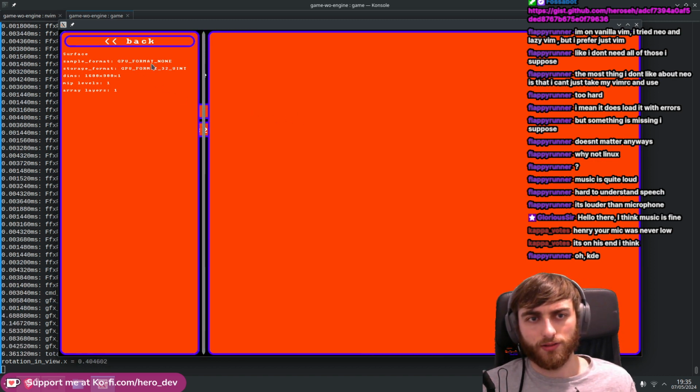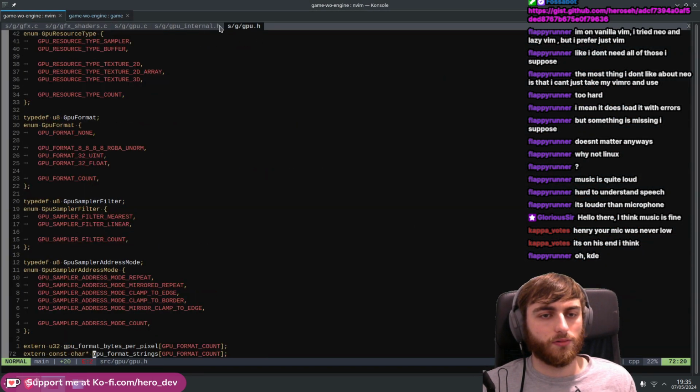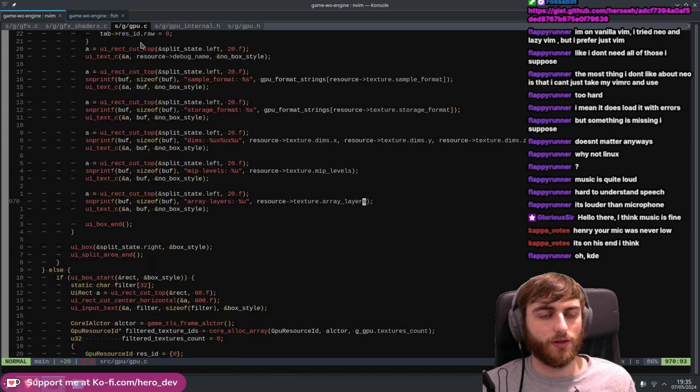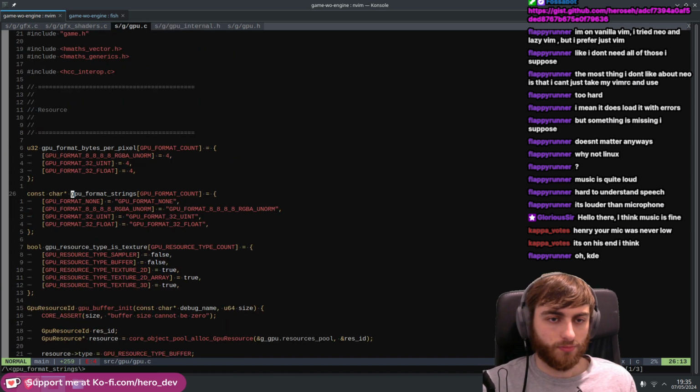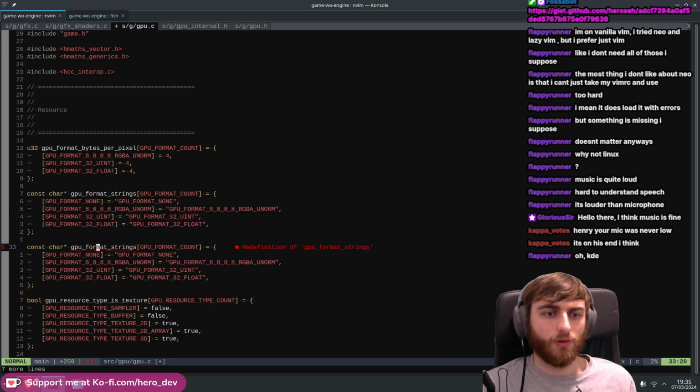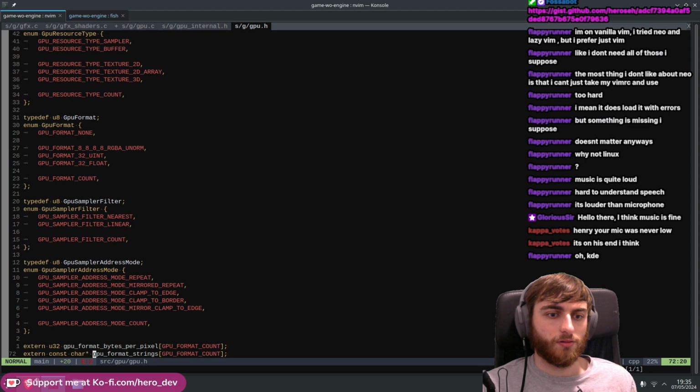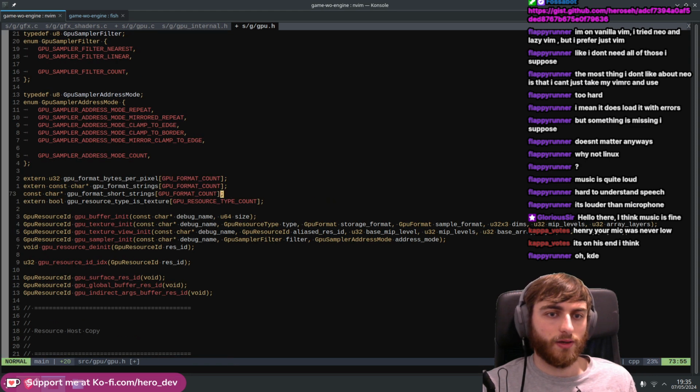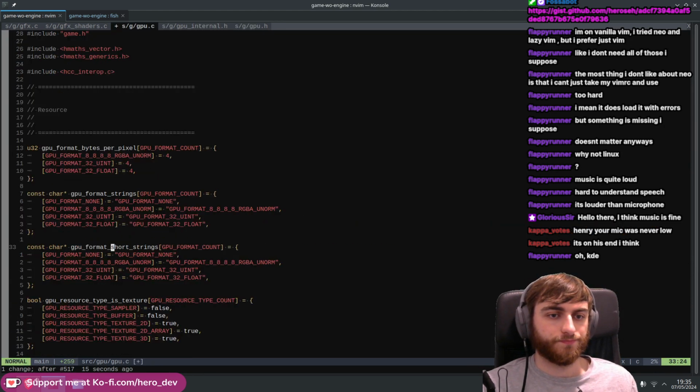With this format thing, I think what we can do is have a short strings name. So we'll do two versions. One's the long one, one's the short one. And this would then be